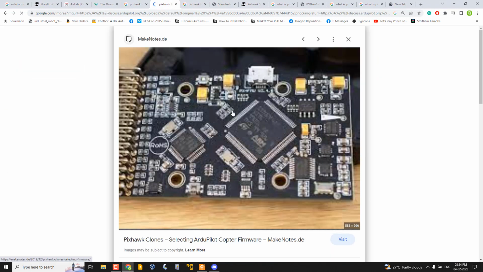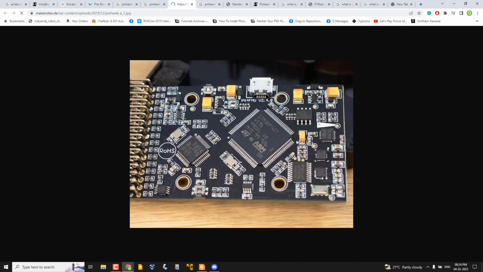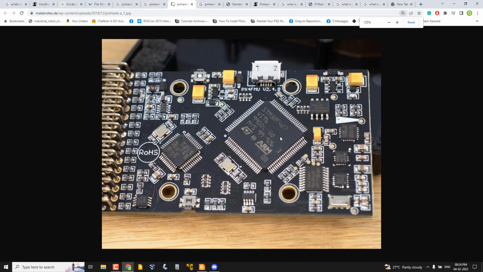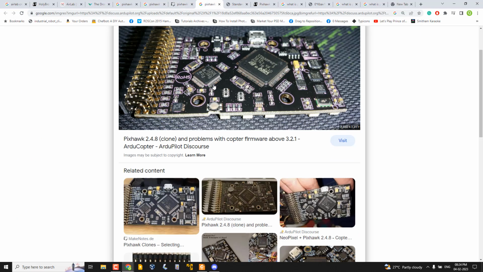so the PIXOC board will look like this internally. What's inside is basically an STM32F based microcontroller. It's actually a very powerful microcontroller, I think running at 80 megahertz or something, an ARM based microcontroller. This is a ready-made board that is available, and you can see there are a lot of connections